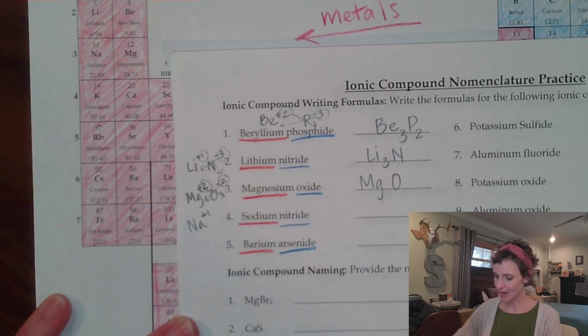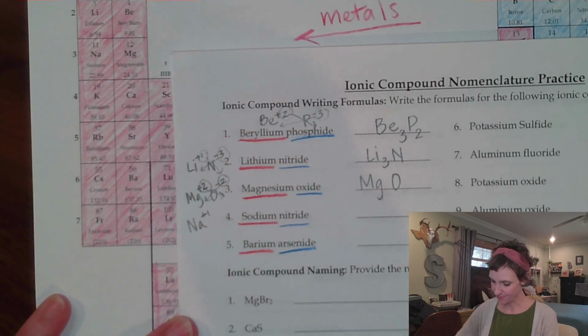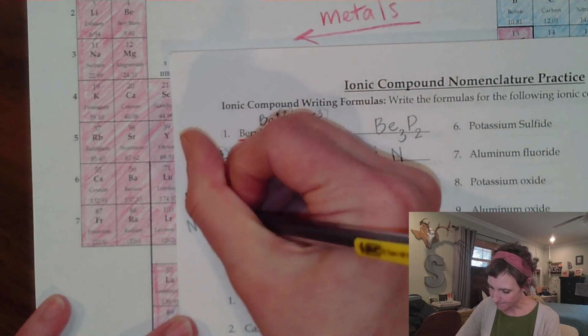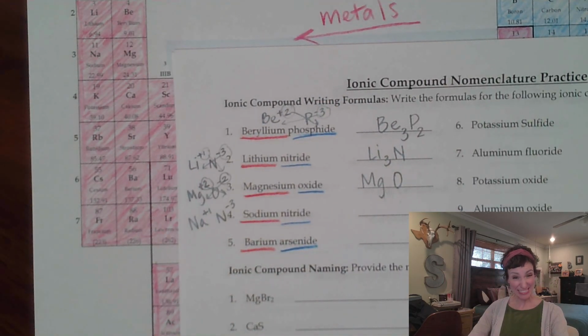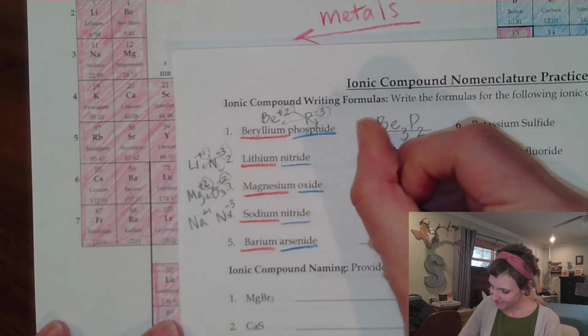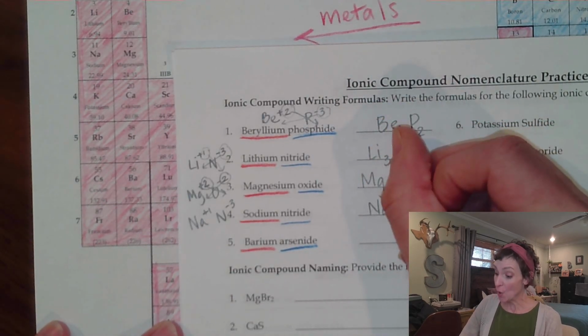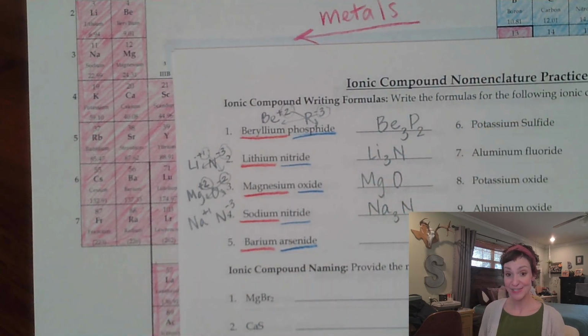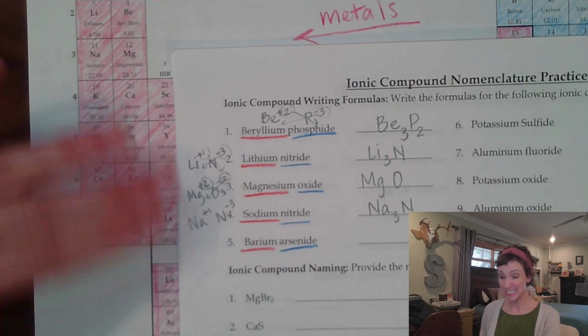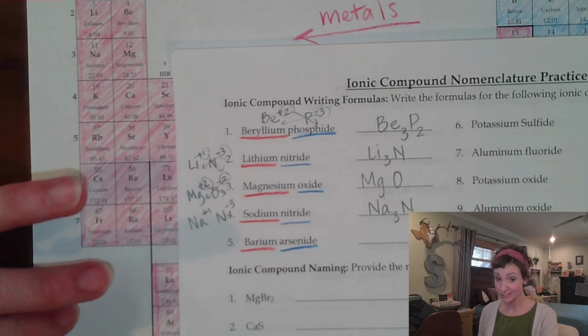And then nitride is nitrogen. We've used him, nitrogen. So he's got a -3 charge. So crisscrossing those numbers down, I have Na3N. That's sodium nitride. Okay. Now, if you need to set up your crisscross like this every single time, that is